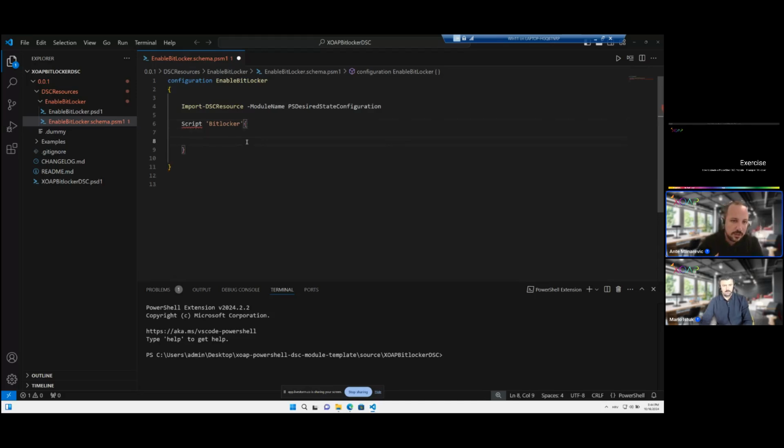Every script resource needs to have three parts. One is test script, second one is set script, and third one is get script. I think even this is written down here. Basically, test script determines whether the node is in the required state. So you need to create logic which will check, in this case for example, do you have BitLocker enabled